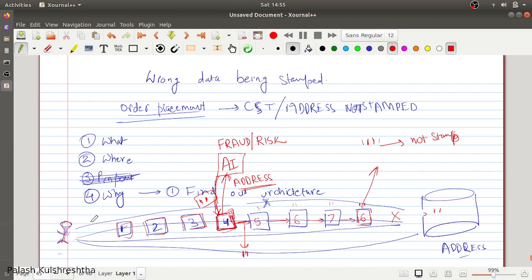So there can be multitudes of things that can happen, and you have to break your problem down to the components that are present. You have to think about those components, what they're doing, what could go wrong. You have to check those logs, deduce from those logs, and try to find out what could have gone wrong. And if you want, you can also replicate that flow, so that you can replicate the bug and try to fix it as early as possible.